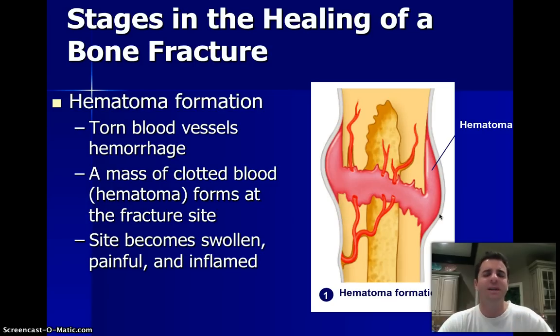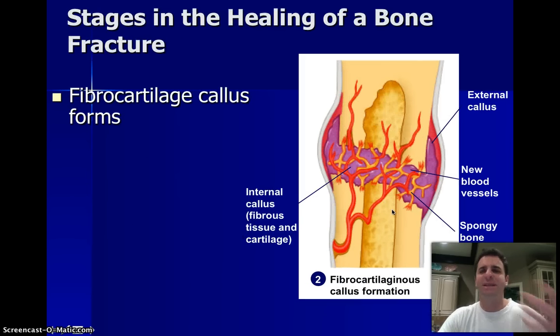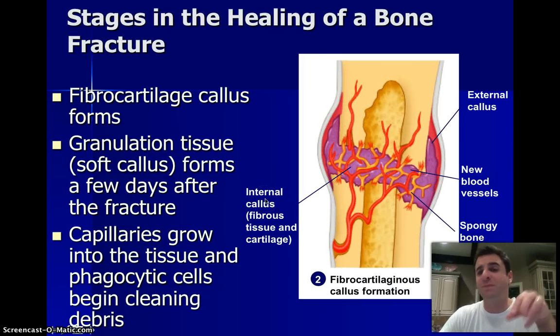How does the bone heal? You form a hematoma, which just means a bleed, essentially, in the area of break due to a hemorrhage. Hemorrhage is the bleeding portion. Hematoma is the clot. And this mass of clotted blood forms at that site. It can be swollen, it can be painful. Then that hematoma starts to fill with fibrocartilage, and we get a soft callus. You can think of it kind of like a callus on your skin. It's connective tissue, and it's fairly soft and a little bit pliable, so you can still kind of break it apart and mess with it. So you got to be really careful when it's in its cast, of course,